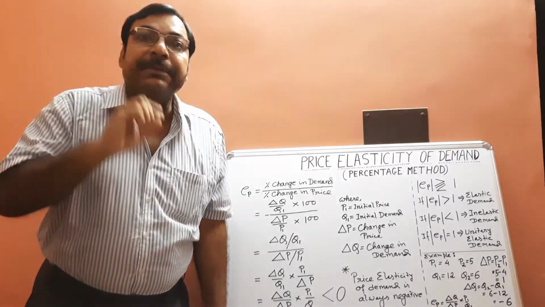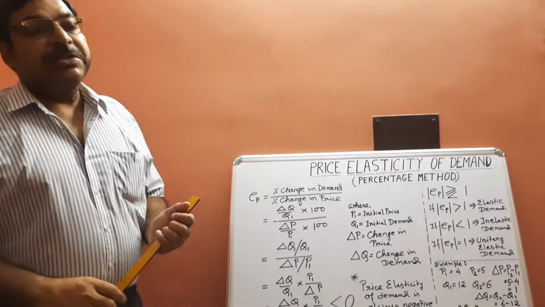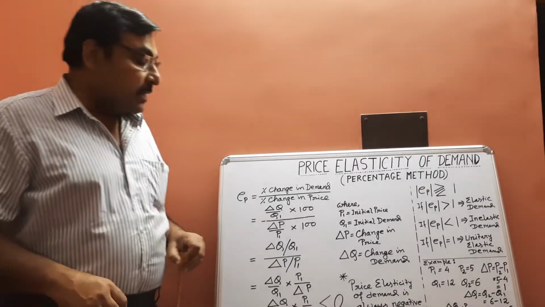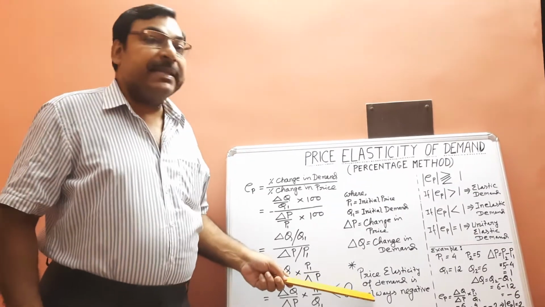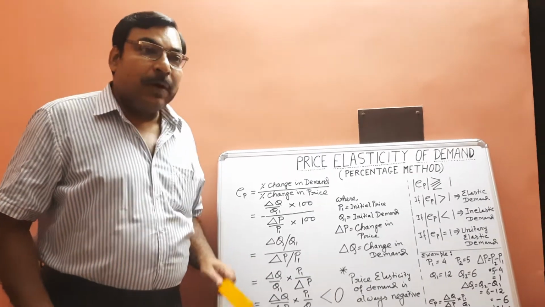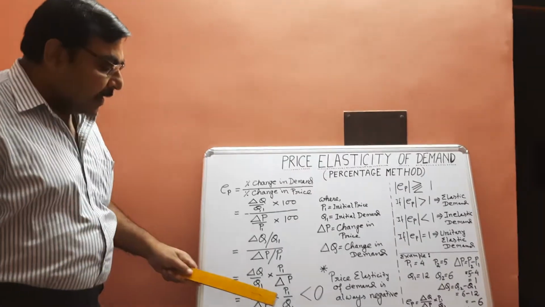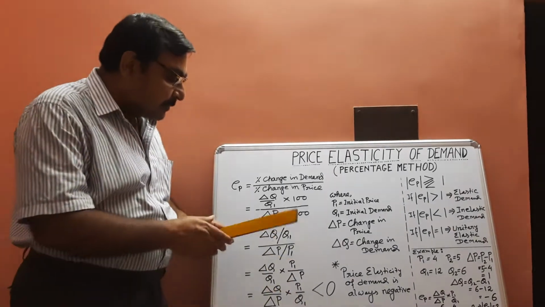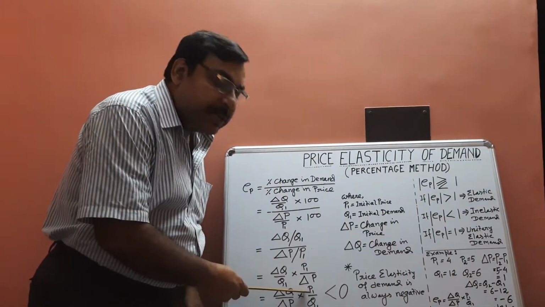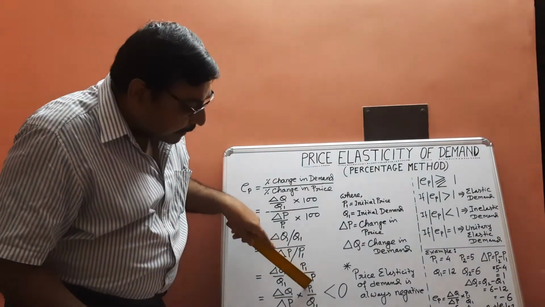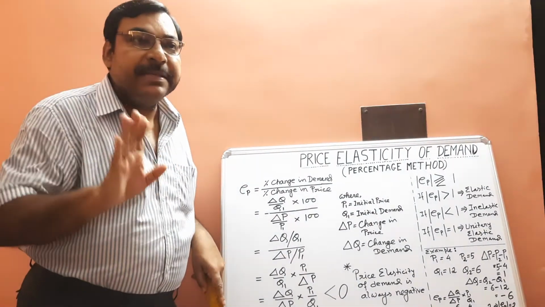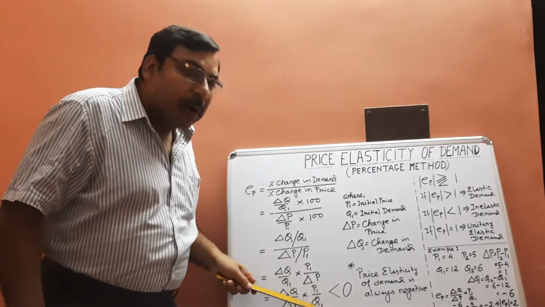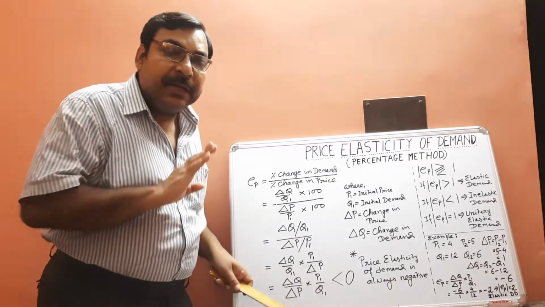The question is why price elasticity of demand is always negative. If we see this expression, P1 stands for initial price. P1 cannot be negative. Price cannot be negative. Q1 stands for initial demand. Initial demand